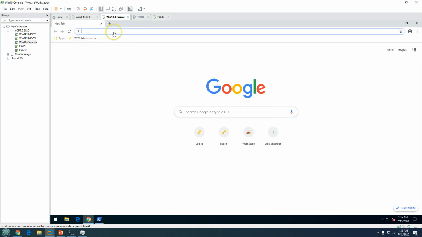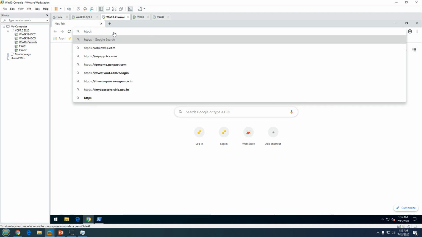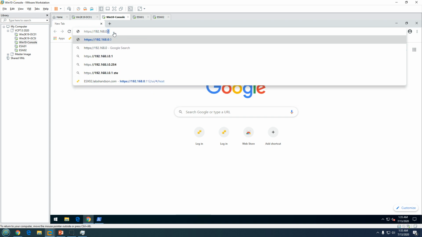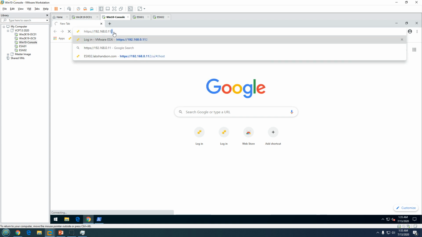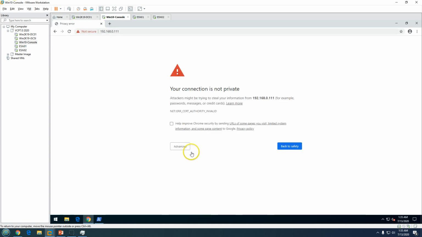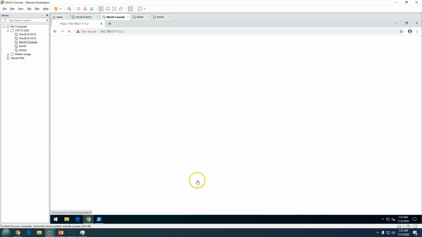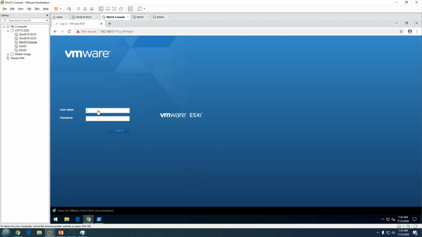So I can now type https:// and the IP address of my host, which is 111. You can see I got access. Now I need to provide the root credential to log into the host.